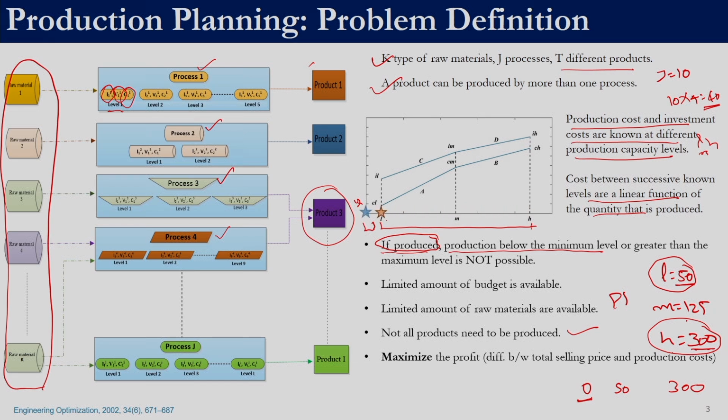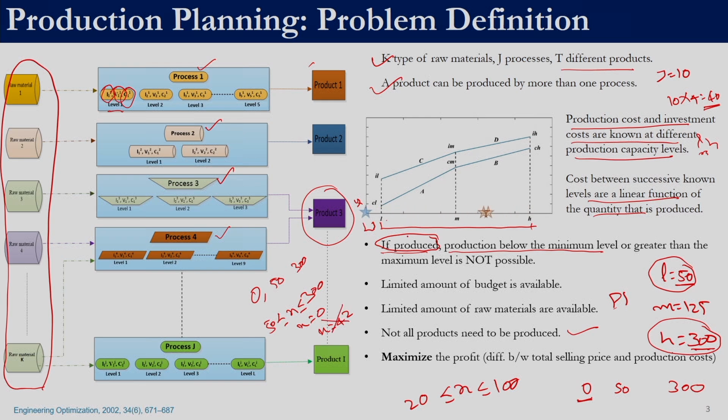Most of the problems that you would find in conventional optimization textbooks would give you a domain as, let us say, between 0 and 100, or between 20 and 100. Here we have a domain wherein 0 is permissible, and any value greater than 50 and less than 300 is permissible. So, x is between 50 and 300, and x can also be 0, but x cannot be, let us say, 42, because 42 is greater than 0 but it is less than 50.